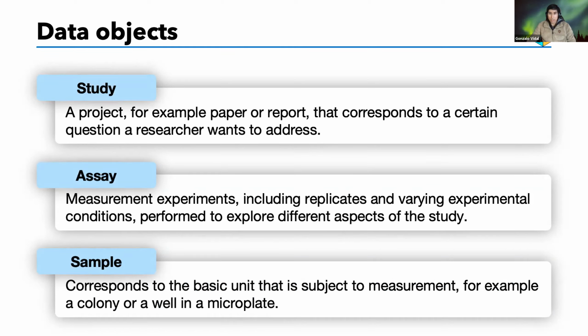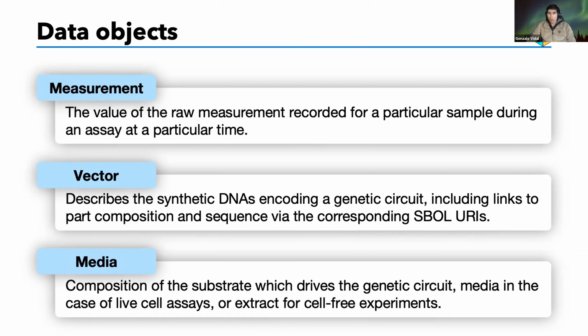In this regard, a sample can be a well on a 96 well plate. An assay can be the whole 96 well plate, and a study can be a set of 96 well plates. Measurement corresponds to the value of the raw measurement recorded from a particular sample during an assay at a particular